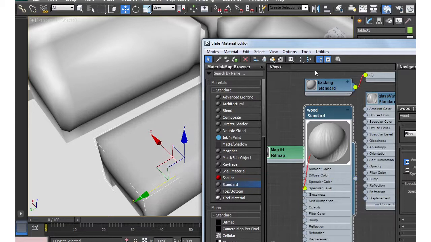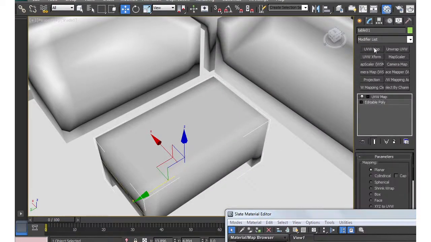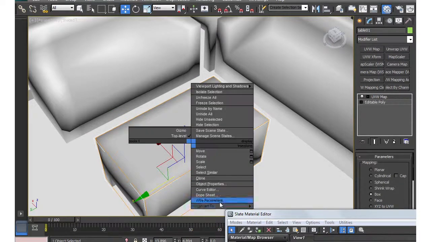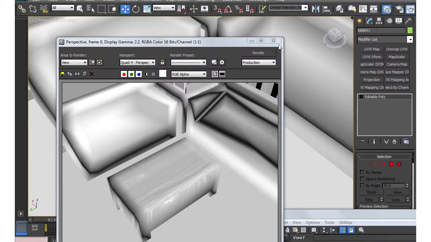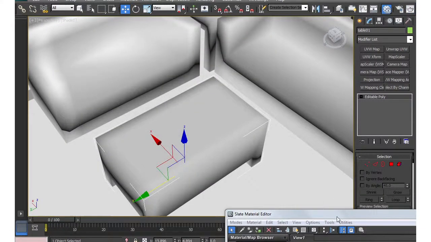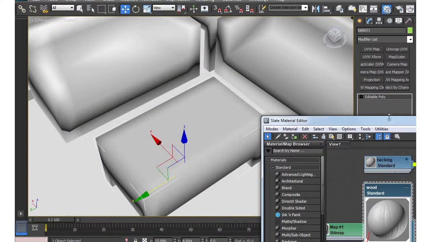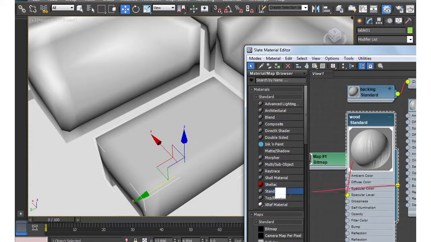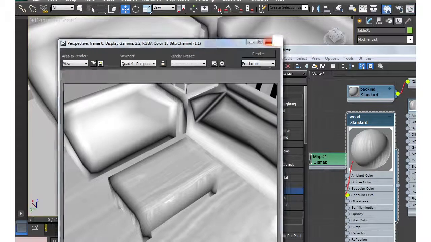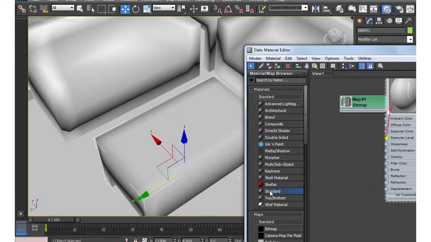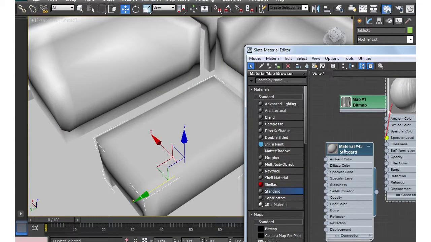Wire in the material, apply a UVW map, box, convert to Poly, Shift-Q, and we get that wood result. If the floor has wood paneling, then we might expect to see the same thing, or perhaps we create a new material,